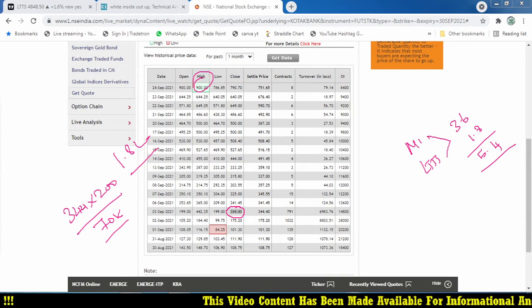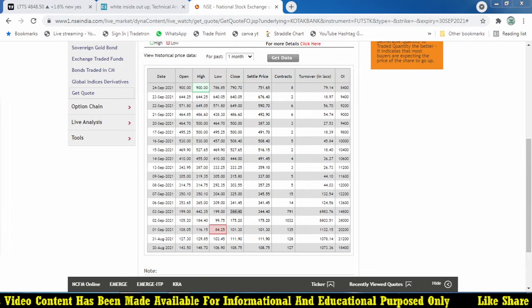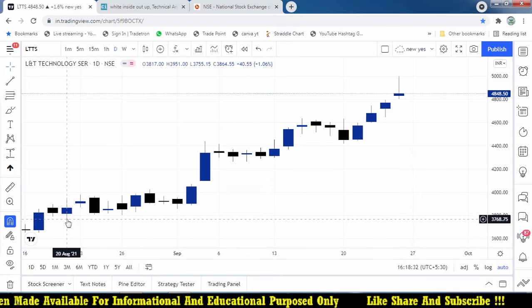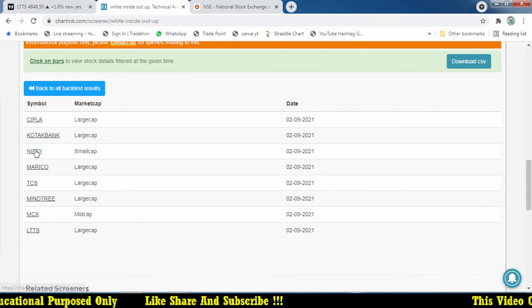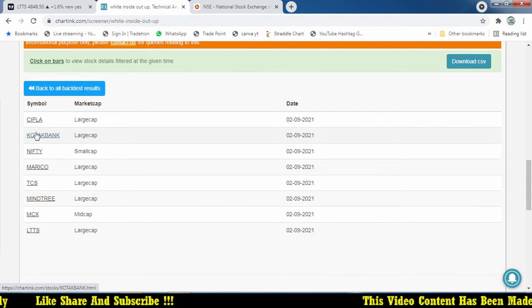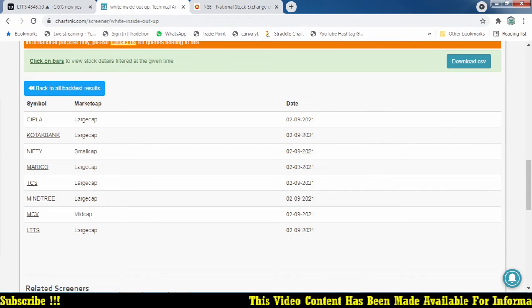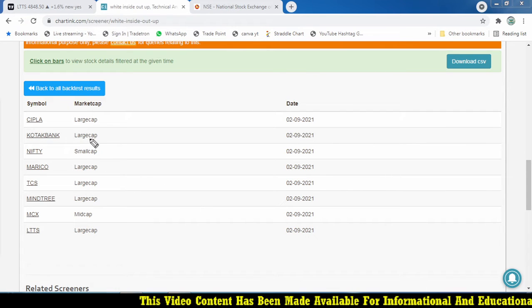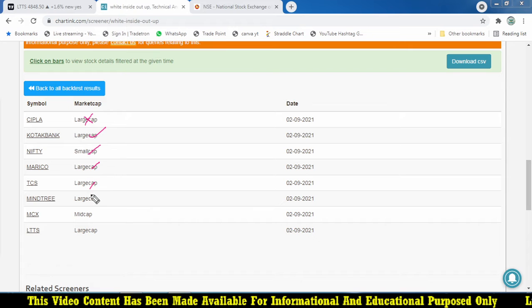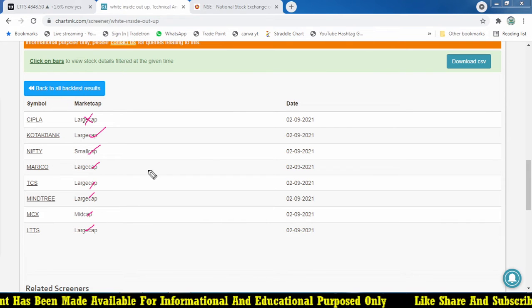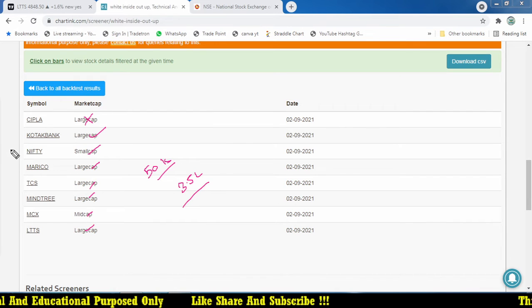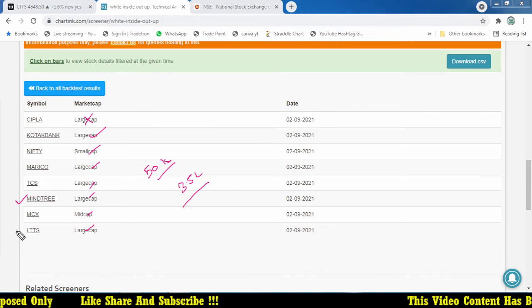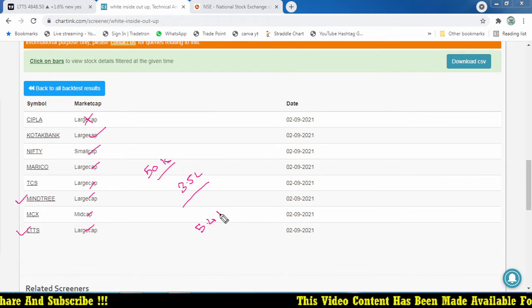So if you had taken it on day one, you followed this much of stock. Each and every stock requires a 5 lakhs capital, 50,000 approximate margin, for all 1, 2, 4, 6, 7 stocks. Okay, approximately what margin is required to trade this one. Cipla I ignored. 2, 3, 4, 5, 6, 7 stocks. Approximate margin of 50k. So you are going to invest 3.5 lakhs. But only 2 stocks alone, Mindtree and LTTS, gave 5.4 lakhs.